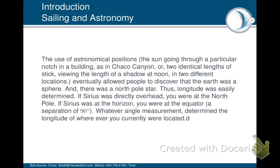Okay, we're going to start now with sailing and astronomy. The use of astronomical positions, the sun going through a particular notch in a building, and other kinds of different kinds of sticks, viewing the length of the shadow at noon. That's the fact that the Earth is a sphere. And there was a North Pole star. Thus, latitude was